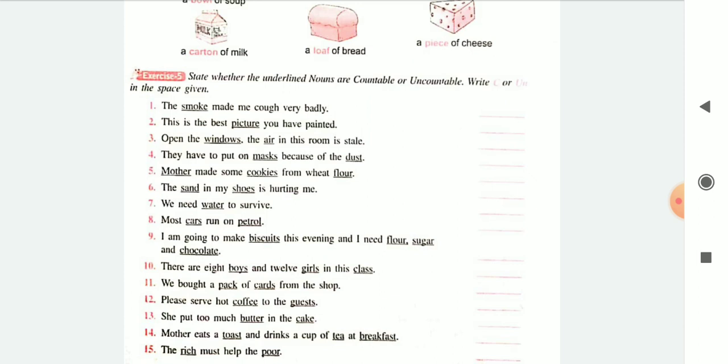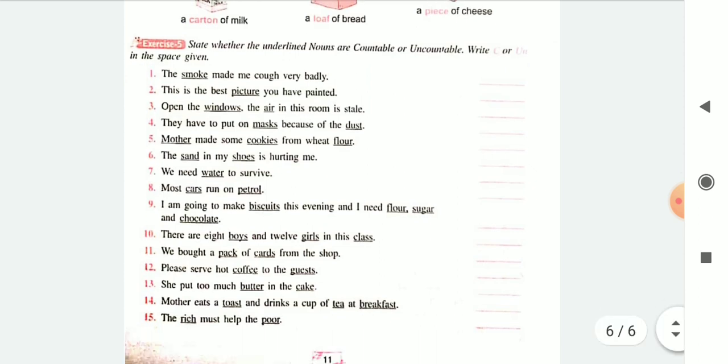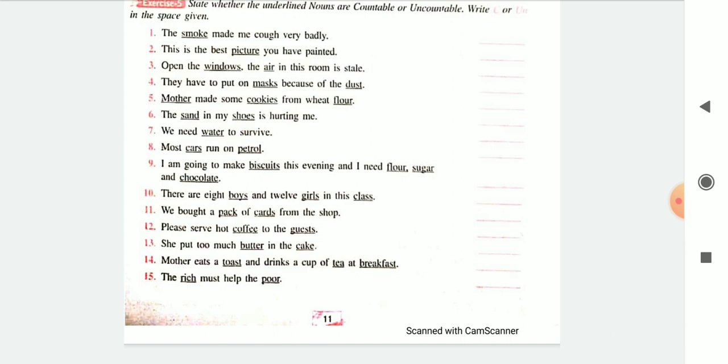So, that's not very difficult. I hope you will try doing this exercise on your own. It should not be very difficult because the nouns are already underlined for you. You just have to think with your mind whether you can count this or you can't. So, just write countable or uncountable in the corner after reading the exercise. Let us see if you can finish this as soon as possible. I'm ready with the answers also. Or we can do the 3rd lesson.